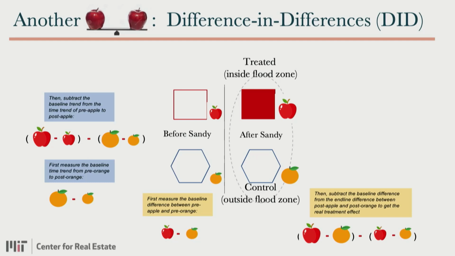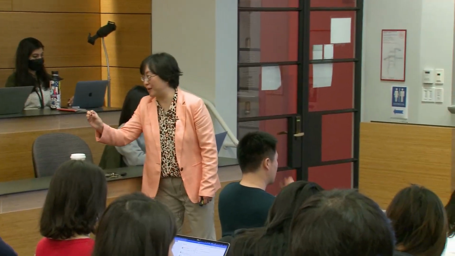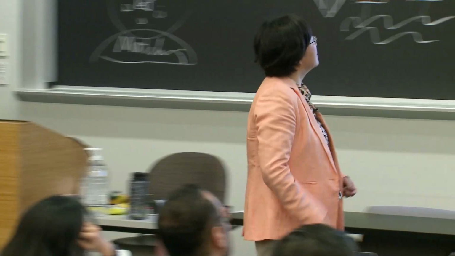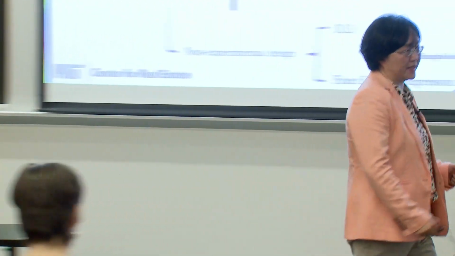Yeah. So the gap between the DID, apple and orange, is the climate risk. Yeah, that's the impact of the climate risk on the outcome. The outcome may be a housing price. That's why the treatment is the climate risk. Okay, good.